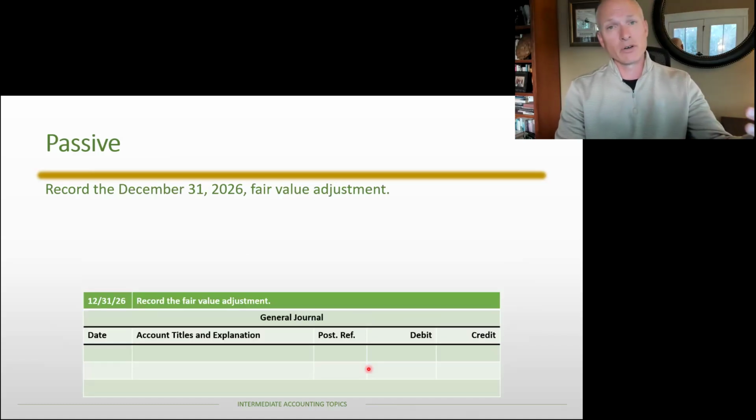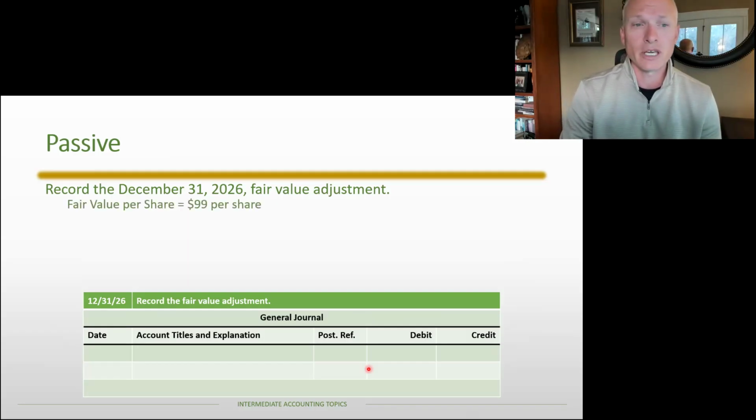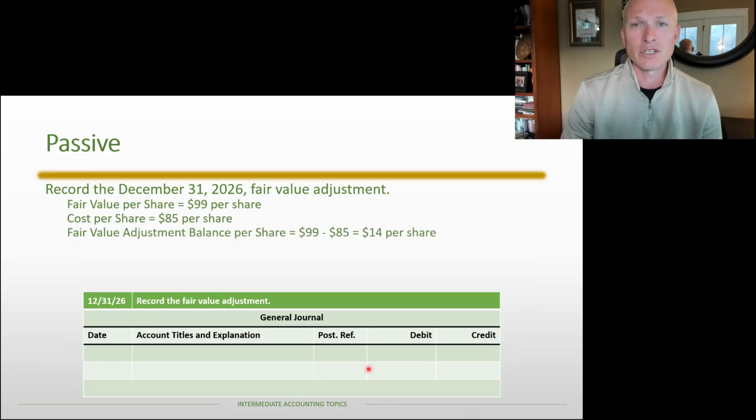We come to the end of the fiscal year. And again, for those 8,000 shares, the share price changed. And in this case, the price per share is $99 per share. We compare that to the cost. That gives us an updated balance of $14 per share. We compare that to the prior balance, but just to be clear, this is the prior balance for these 8,000